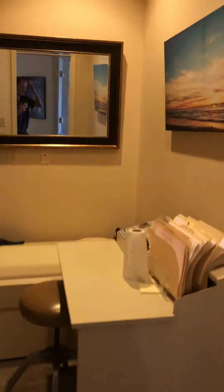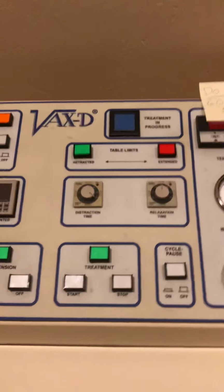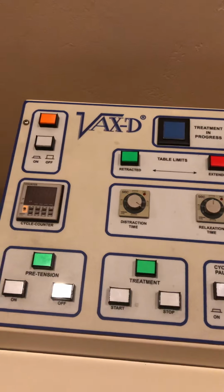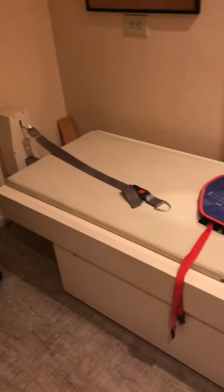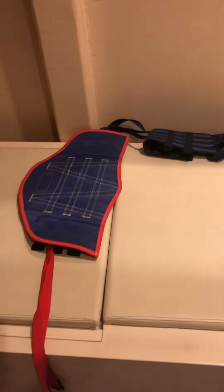We are one of the only offices here in San Diego that offer spinal decompression. Our decompression table is called the VAX-D. This is really helpful for patients who have herniated discs. You get attached to both ends, and it slowly stretches you. Right here, this part of the table moves down as you're holding on up there, and it slowly stretches your